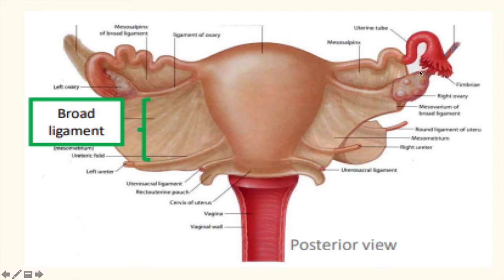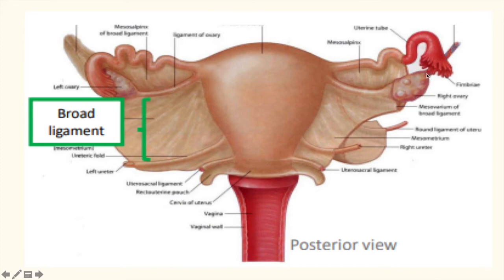This is the anterior border, this is the posterior border, this is the lower pole, this is the upper pole, and this is the lateral surface opposite to the medial surface. In this diagram you can learn the relations. The lateral wall of the ovary is related to the ovarian fossa, whereas the medial wall is related to the ampulla of the fallopian tube.